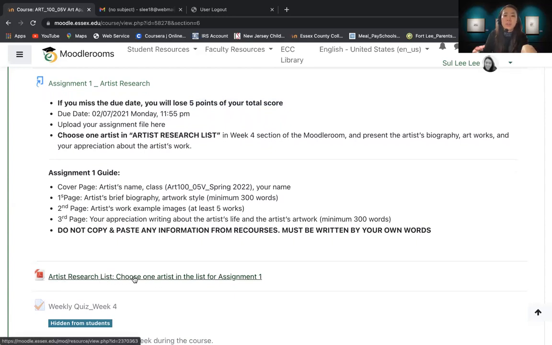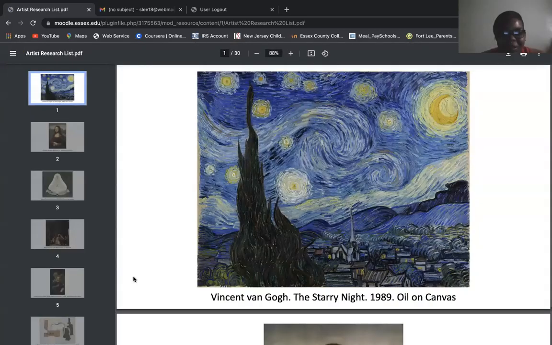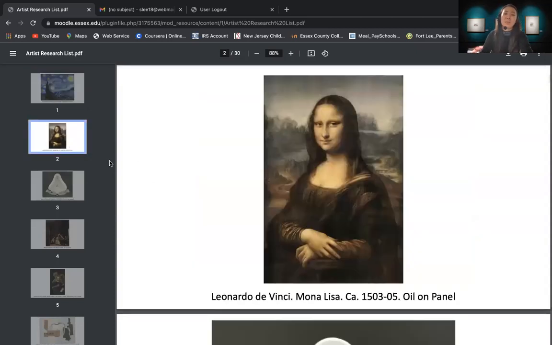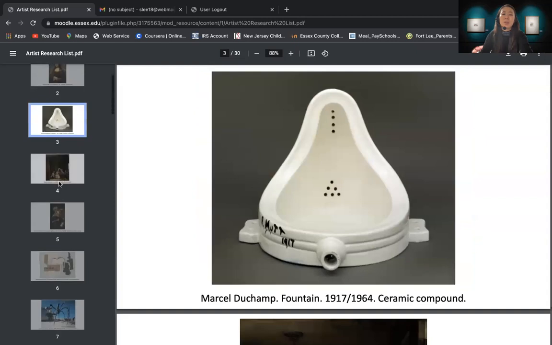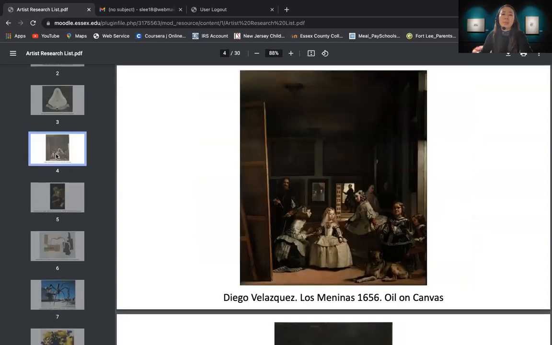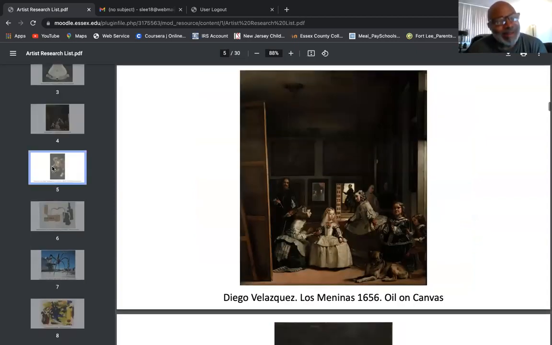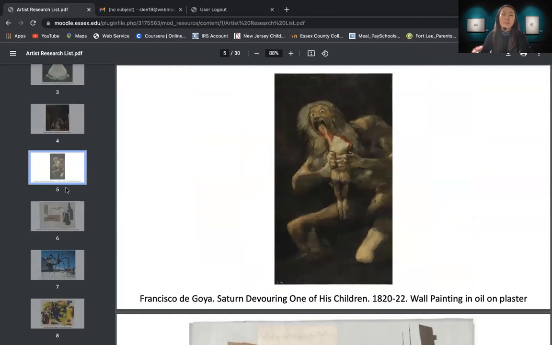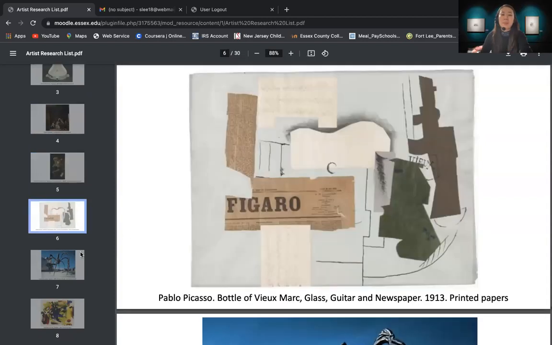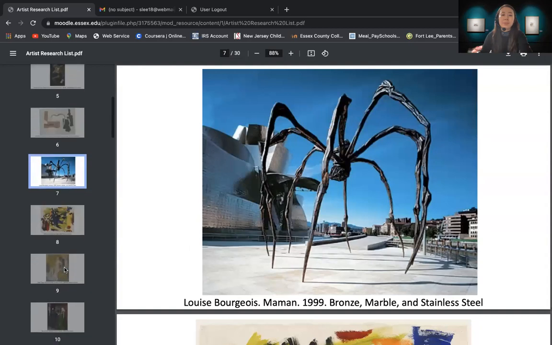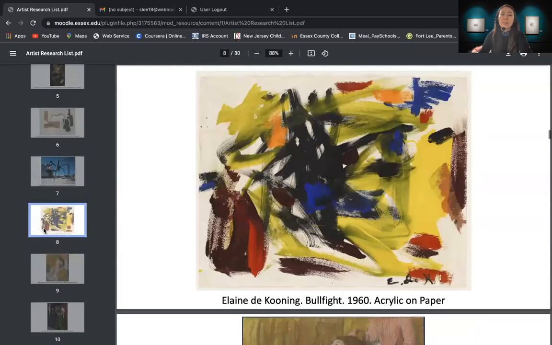So let me share this. It's 30 of them. Yeah, it's a lot. So you can just choose one of them, choose your favorite artist. So this is Vincent van Gogh, Leonardo da Vinci, Marcel Duchamp, and Francisco de Goya, and Pablo Picasso, and Louis Bourgeois,